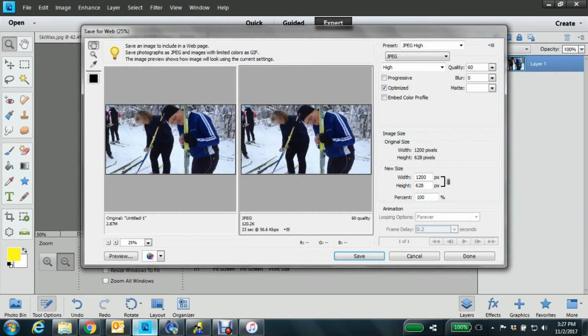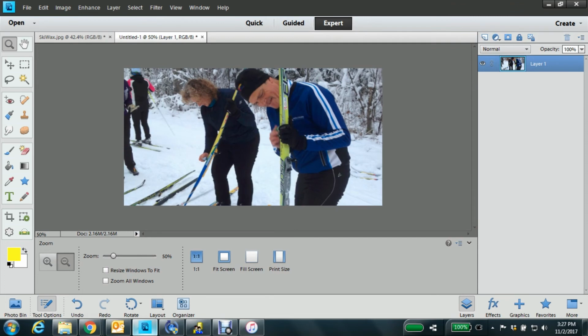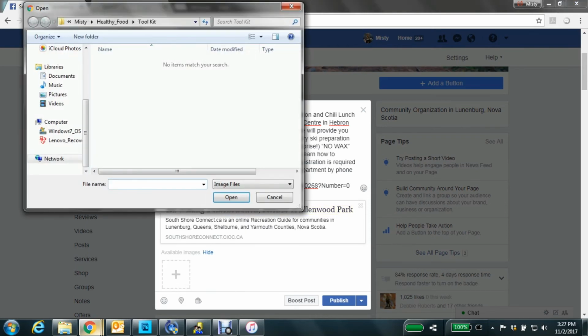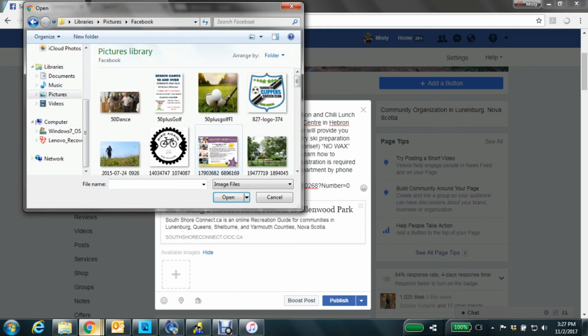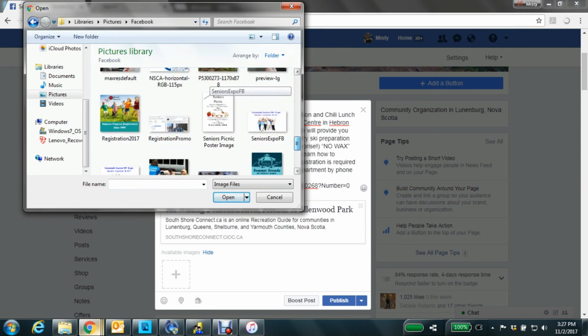When I save them, I always name them something that I can find later. So this would be ski wax, and then specifically what it is, Facebook post. That way I know what size it is just by looking at that file. So I save it, and I'm going to go back to my post. Now I have that image, and when I choose a file and go to my pictures and put it in Facebook, it's called Ski Wax. You can see how messy I am all the time,